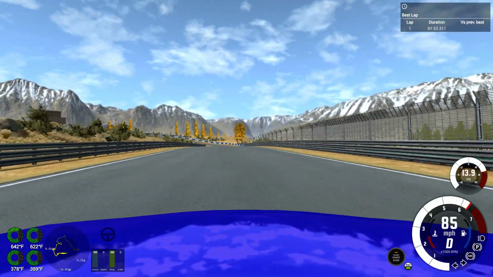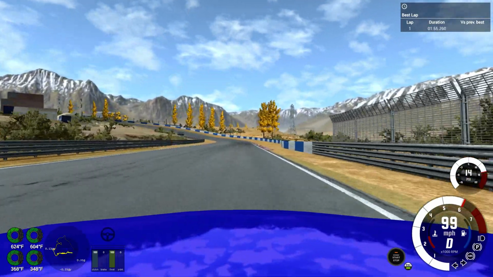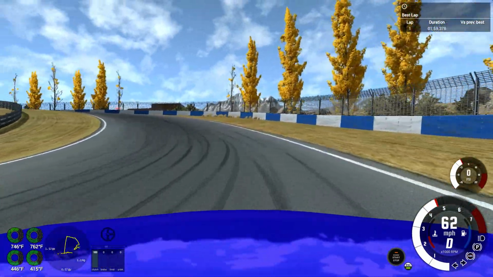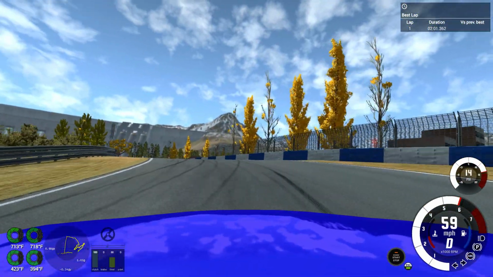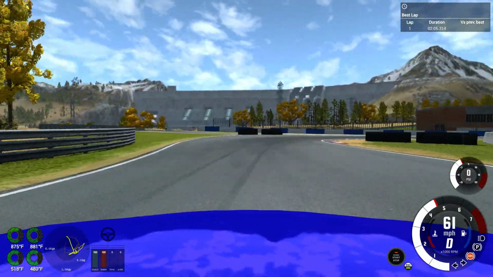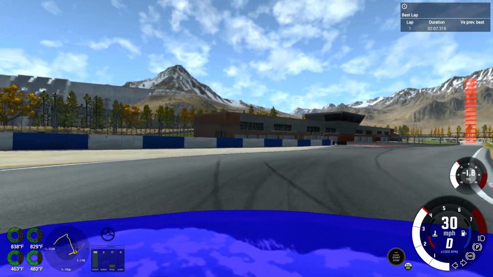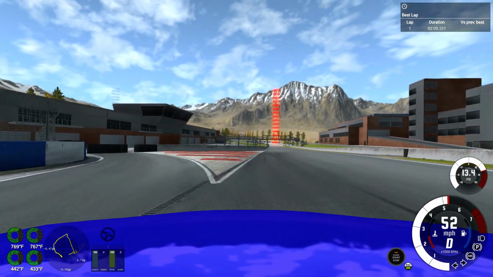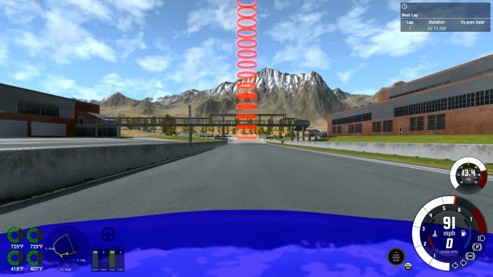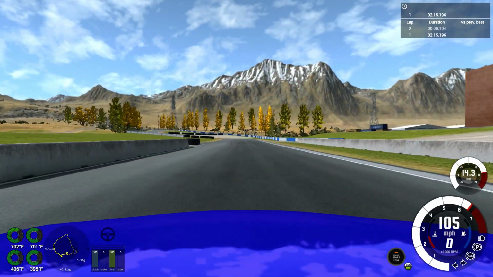Corner, right, I want to widen the line. I haven't been getting this right at all. Trying a completely different line, and it's working well so far. Missing that apex, poor acceleration, but it's so far so good. What are we going to get? 11, 12, 13, 14, it's a